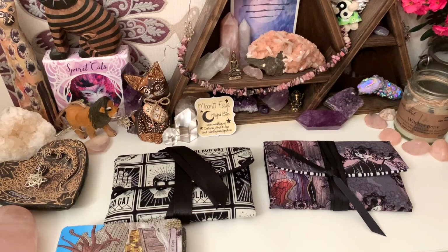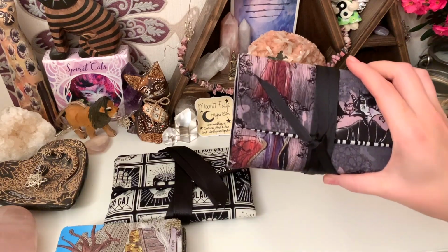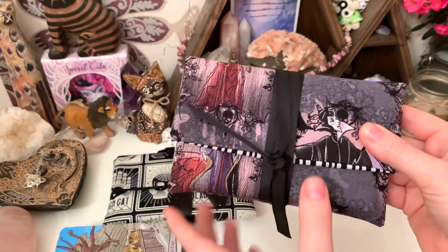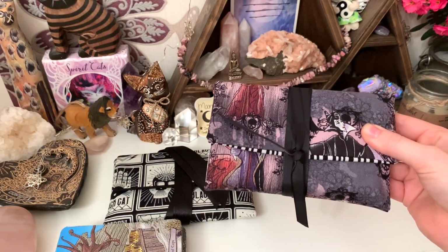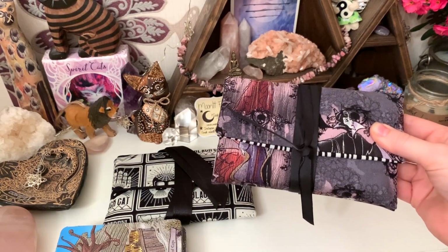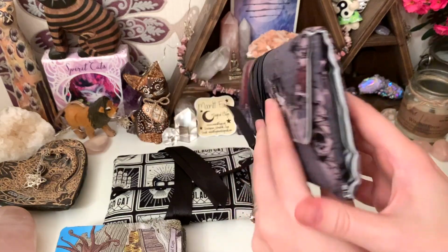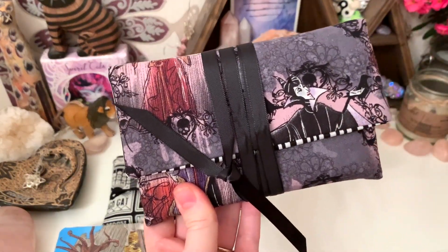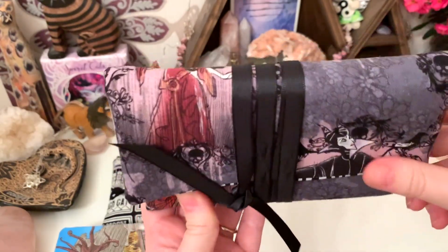Next up, she sent me some lovely wraps. Again, these are all pretty good for storage as well, even with the ribbons. I have to confess, I am not the best ribbon tier, and you can see I've just kind of done what I wanted because it's fine. When they came, they had these beautifully presented bows, in which I am not very good at bows, but you can tie them in bows. It does look very good, and you can see it's kind of wrapped around them several times. This material, it's so awesome. They're kind of, well, they're not kind of, they've got the whole